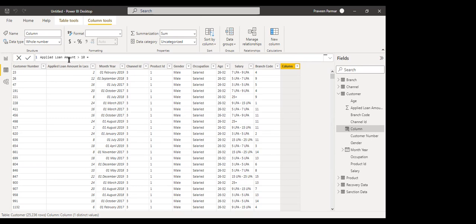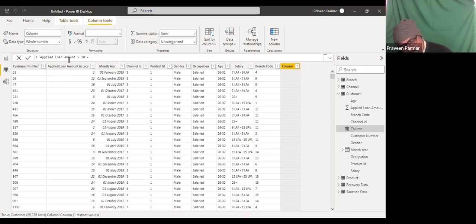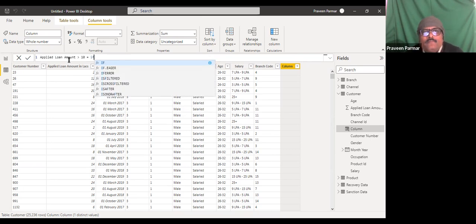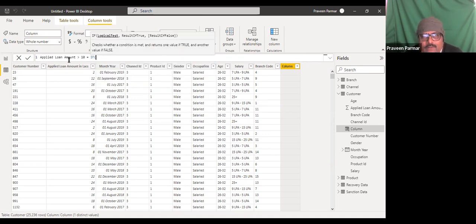If else condition. Yeah, IF. So I will use IF, and if you press enter, it will not work. You have to use the tab button instead of enter. Got it? You see there is some syntax: the logical test, result if true, result if false. Got it?